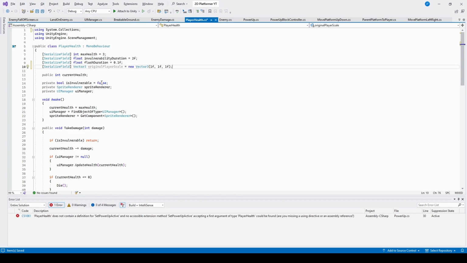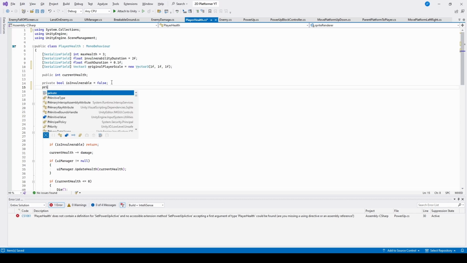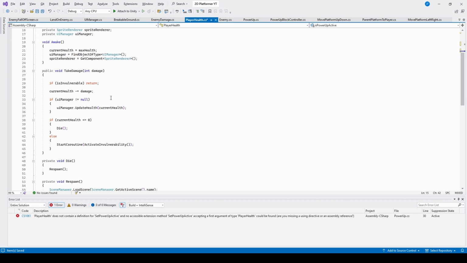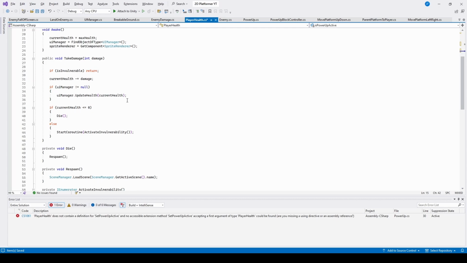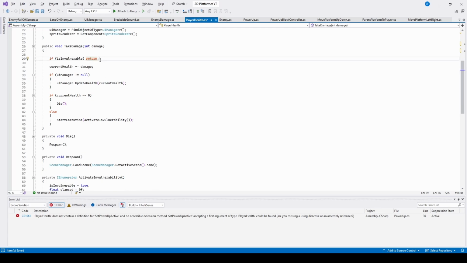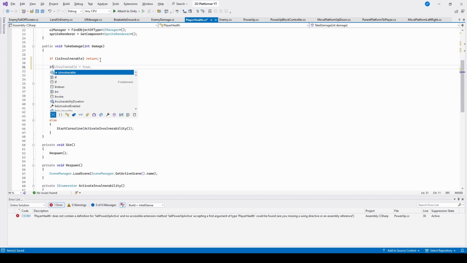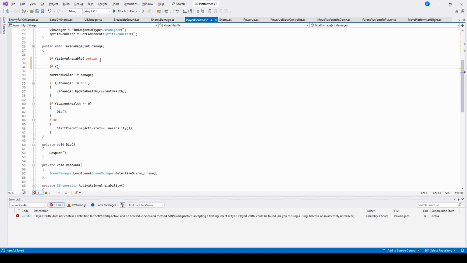And then we're also going to need another bool. I'm going to go ahead and put it right under the one that we have already. And I'm going to call it is power up active. And I'm going to set it equal to false by default. And then now we're going to go down to our take damage method here. And then right underneath the first if statement here, we're going to do another if statement, and we're going to say if